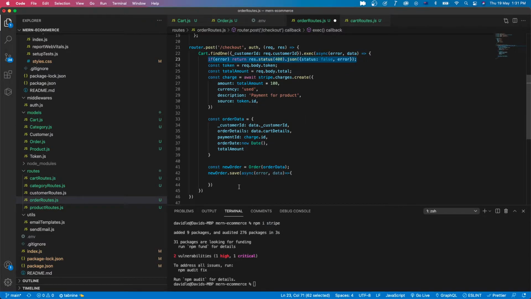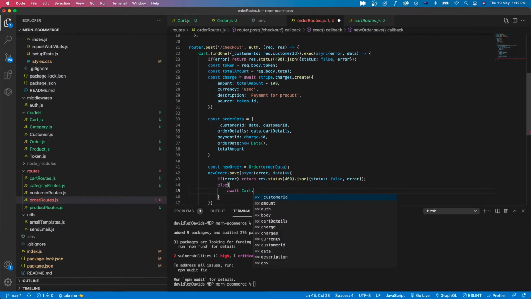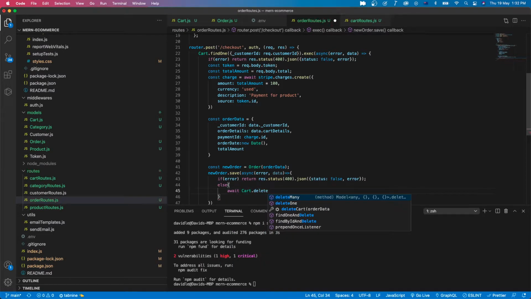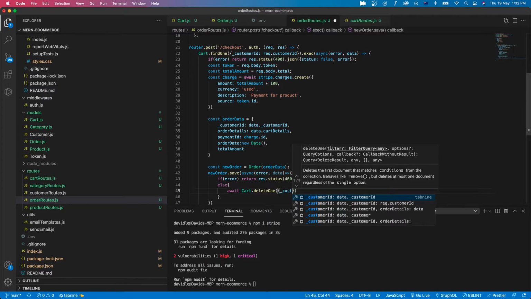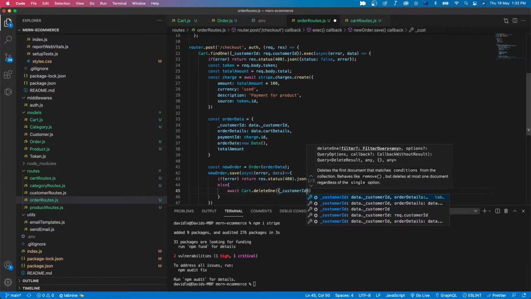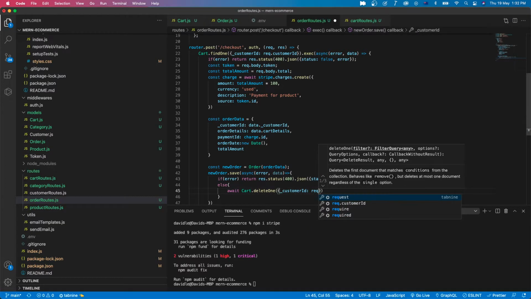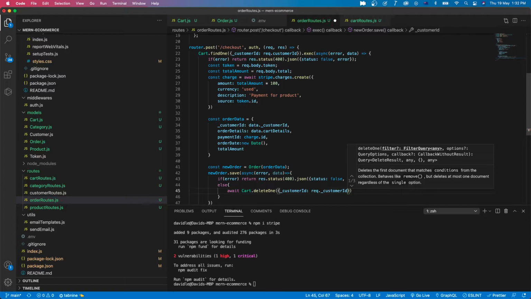If error, we will return error. Otherwise, if we create the order successfully, we will delete the customer cart. We use deleteOne with customerID from request.customerID,